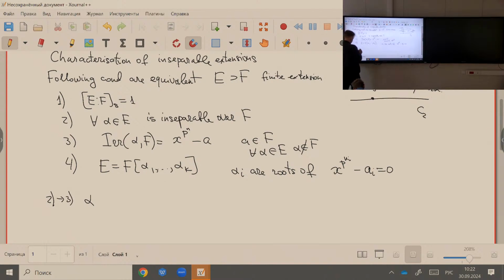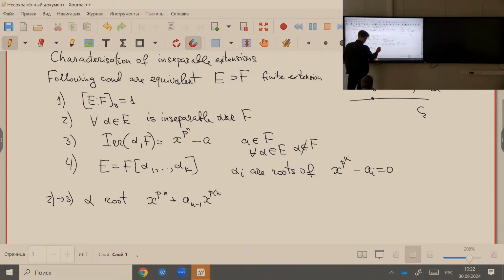So then alpha is a root of a polynomial where all powers should be divisible by p,